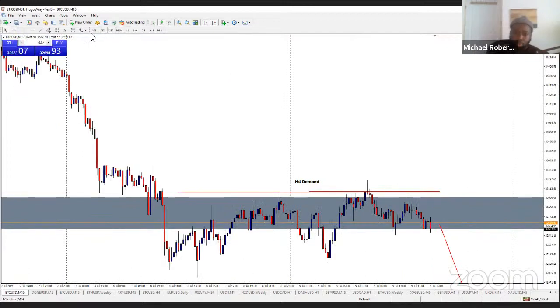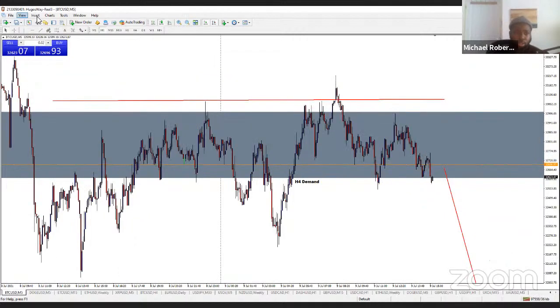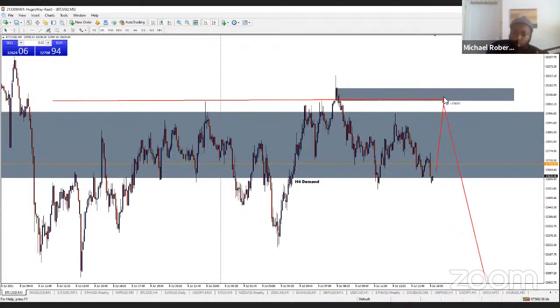I mean, the entry Bitcoin provided was during the nighttime into the morning. And this 5 minute zone right here was just a perfect little area to go for. Now, I wish I'd caught that one. And if the price ever did come back up here again, then I would go for a sell. But right now, we're in a very good position, and I'm expecting the price to give us a very strong short from here.